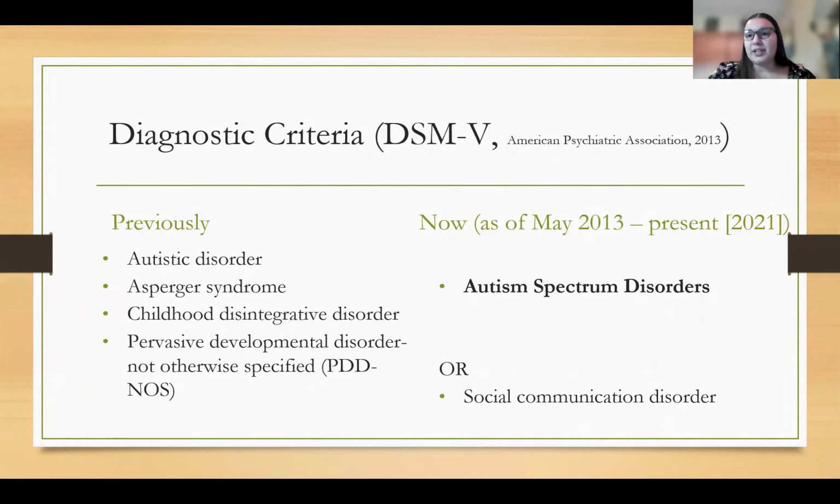Before we go on to specific diagnostic criteria, I'd like to mention that this word disorder is part of what we call the medical model of disability. The medical model is just that, with the DSM-5, the Diagnostic and Statistical Manual from the American Psychiatric Association, looking at something from a medical perspective, and that the person has perhaps deficits or perhaps needs that are different from what is considered typical.